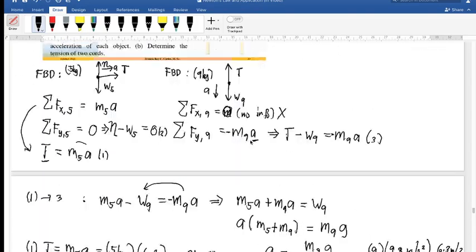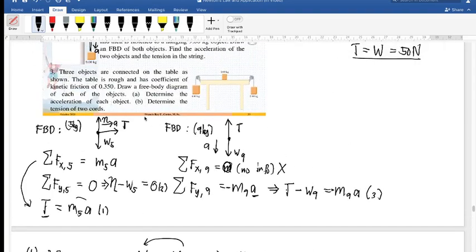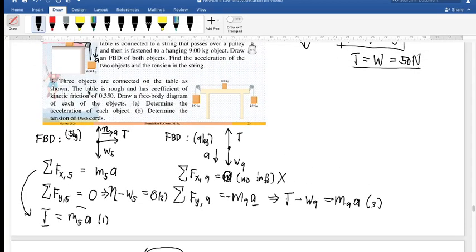Okay, so I have to put it here. I will just read the problem. Three objects are connected on the table as shown. The table has friction, which is a coefficient of kinetic friction of 0.35. Draw a free body diagram of each of the objects and determine the acceleration of each object and determine the tension of two cords. Okay,